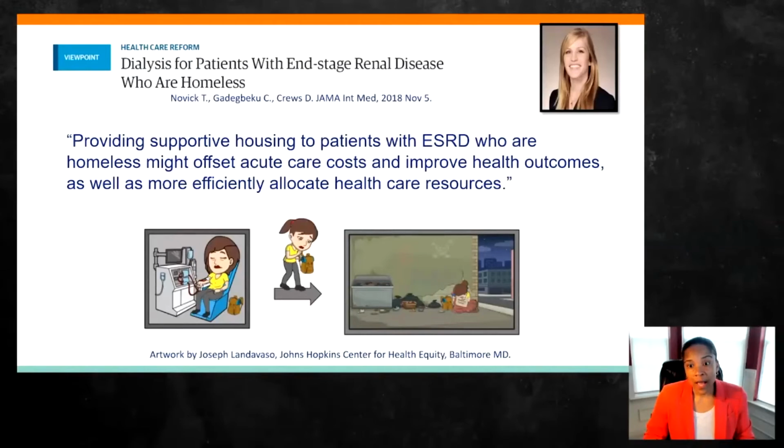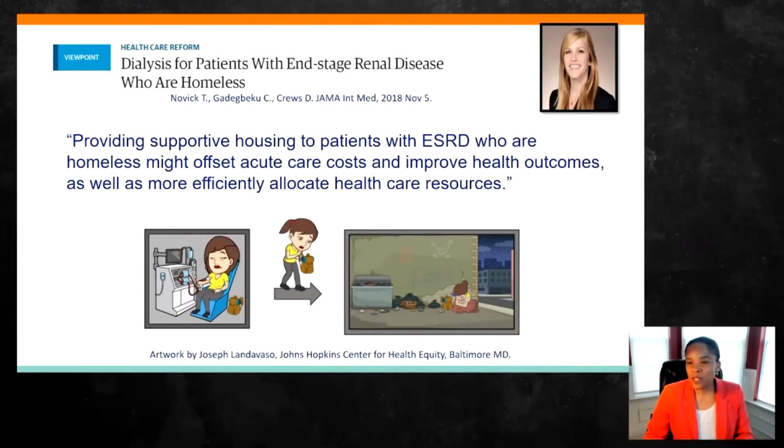When it comes to dialysis patients and thinking about this issue of housing insecurity, and really the most severe form being homelessness, this is an area that we have tried to call attention to, including through this kind of perspective piece, where we called for consideration of providing permanent supportive housing to people who have end-stage renal disease, to try to offset some of the acute care costs, like emergency room visits that these individuals may have, and the hospitalizations,